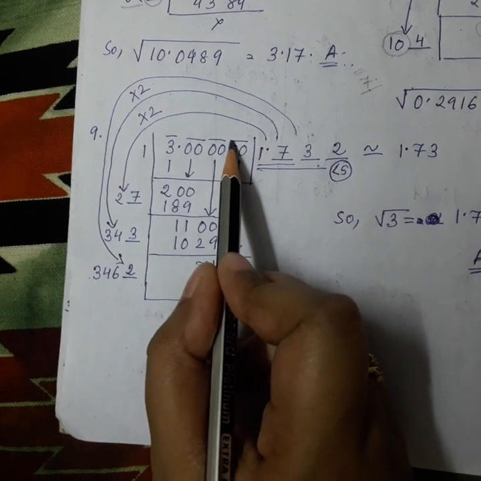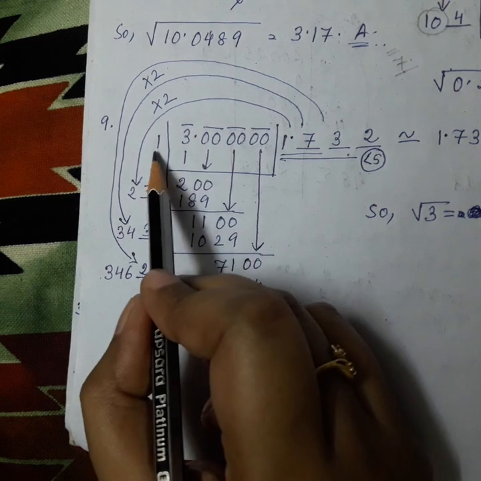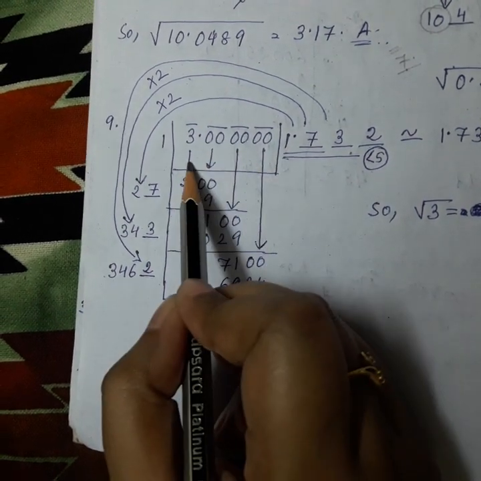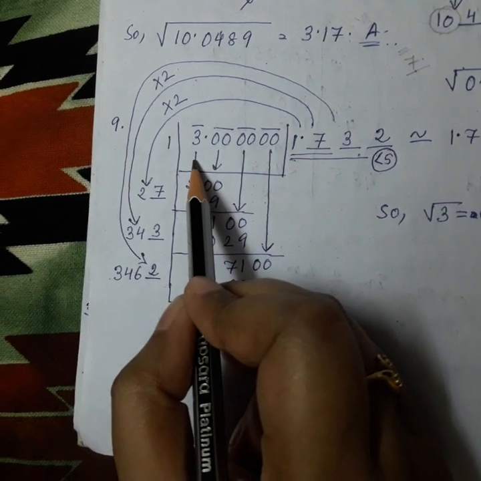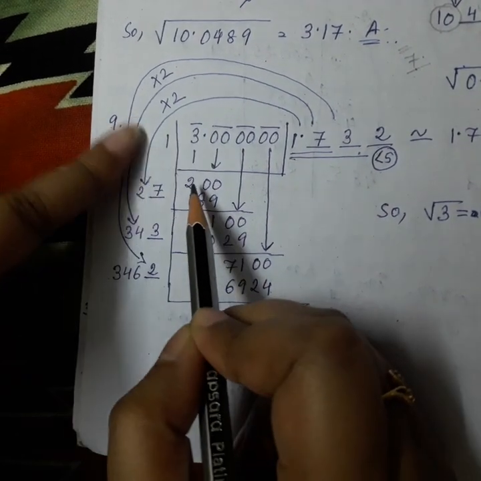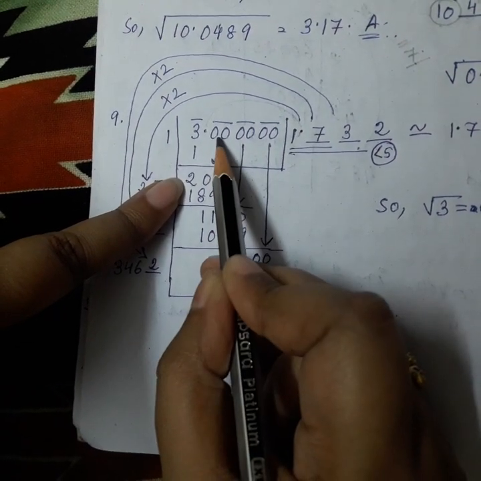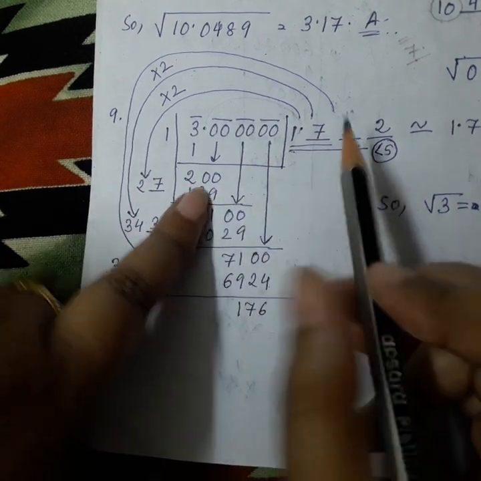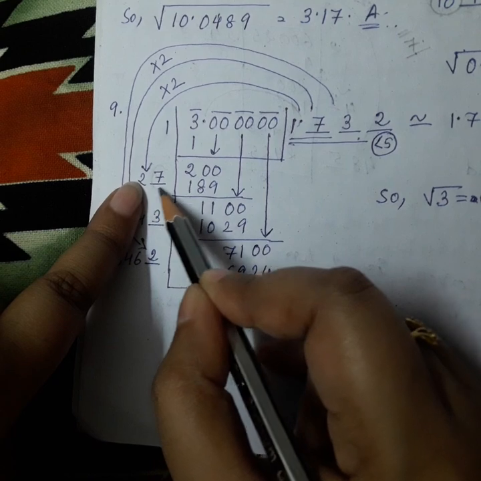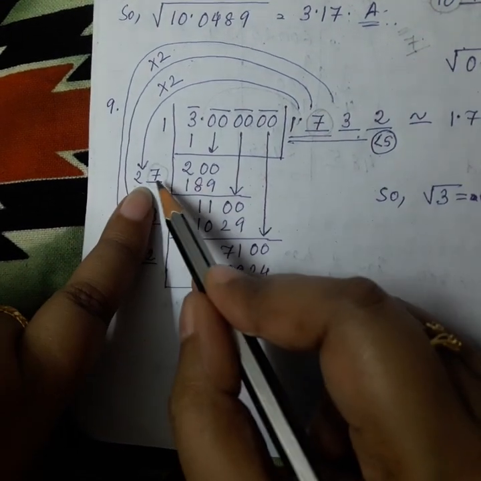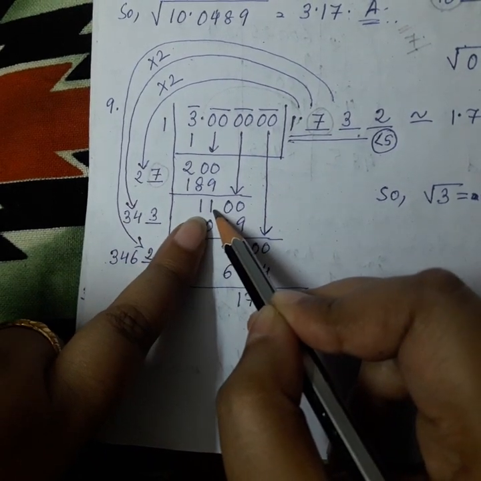From the right side we have taken pairs: first, second, third, and 3 is alone. So first, 1 1s are 1, because 2 2s are 4, it will not go. So 1 1s are 1, 1 square. So 2 is coming. Then after doing this, point is there, so we have to put the point here. Then the next pair, double 0 will come. Then double of 1. Double of 1 means 2. Now what do we have to put here? Maximum 7 is going. So 27 into 7, 189 is coming. 11 is coming in the remainder.